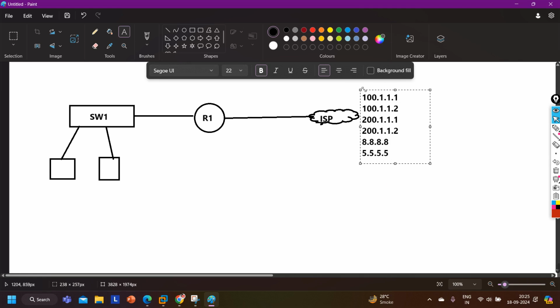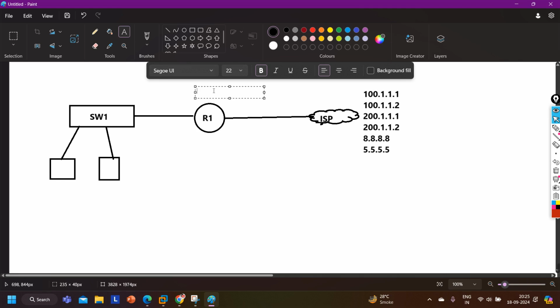These are the services on the internet, and like this, on the internet there are millions of servers. So can I configure a route for all the services on router 1, my edge router? No. So the first thing is I have to define one default route.